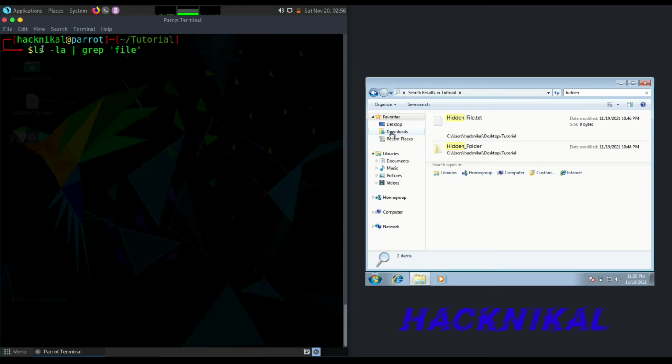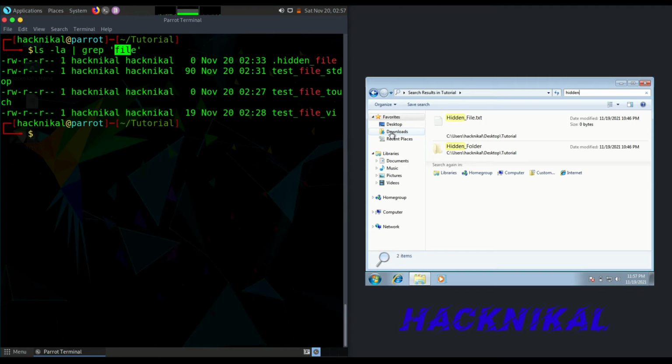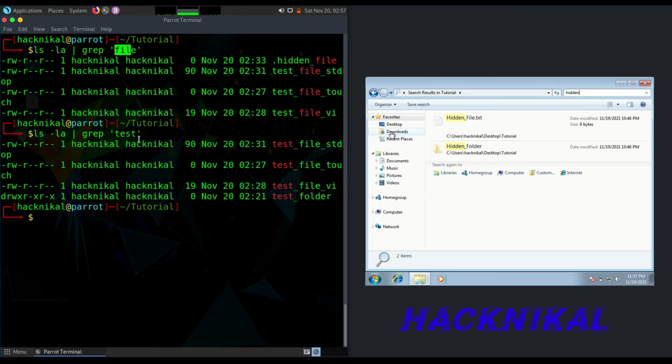Let me explain it once again. This is the command which we need to execute. We need to list out all the files which are having file as a name inside them. If I'm confusing you, I'll just use test as a name for the file or folder. It doesn't matter for grep. It will print all the files, folders, etc. inside the current directory which are having test as one of their contents. Okay, here we have seen that only files are present, as we have given for only file.